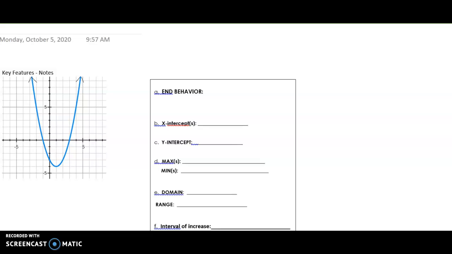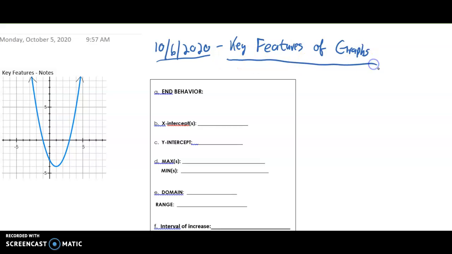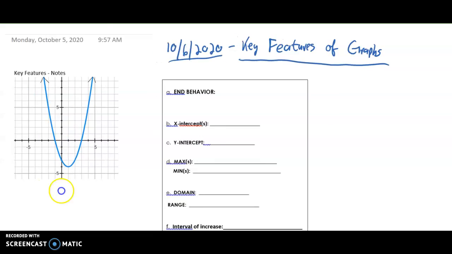Today is Tuesday, October the 6th, and our topic for today is key features of graphs. So we're looking at the important points and the important intervals on these graphs. This is definitely the kind of topic where we learn best by doing, so we're going to dive right